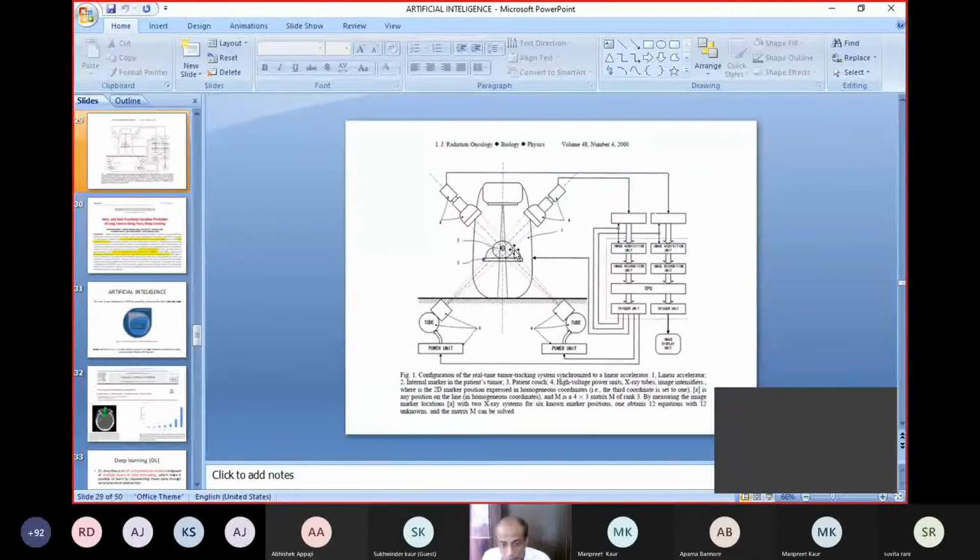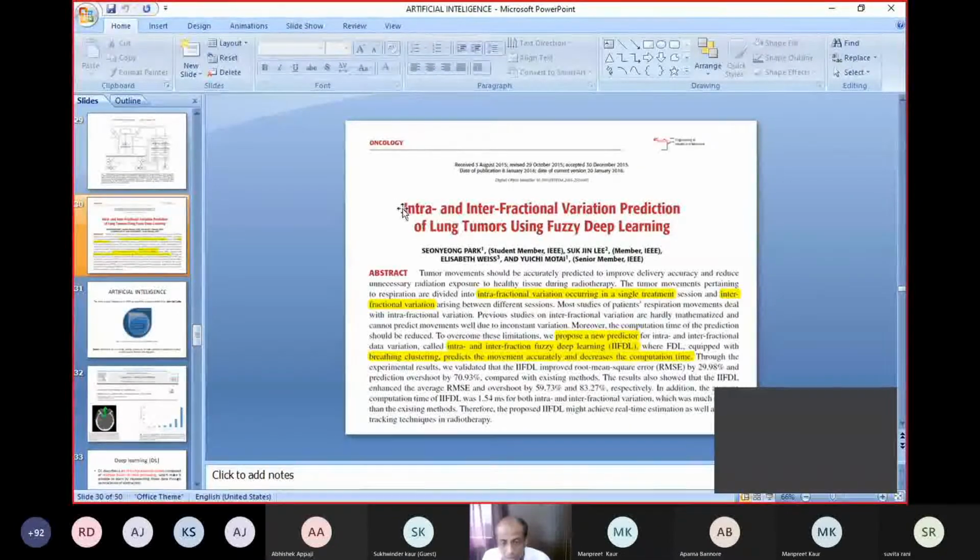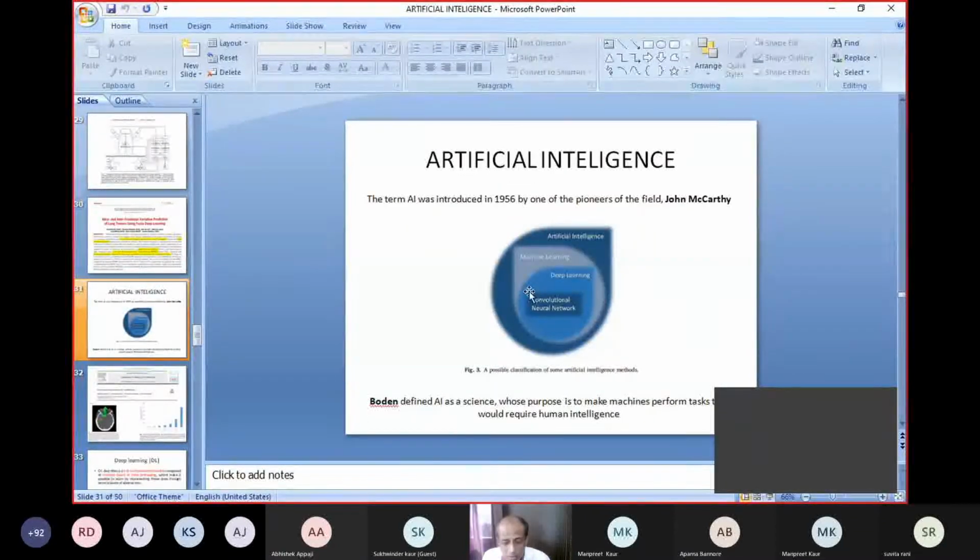This is how the patient is positioned, and the cameras are there and the detectors are below. It can detect whether the patient is moving or not, and only if the patient is not moving will the radiation beam be on to deliver to the target area. While the radiation is on, there are intra- and interfraction movements also, like for lung tumors, and those can also be minimized with the help of artificial intelligence. This is a nice paper briefing about this. So these were a few evidences of how artificial intelligence plays a role.